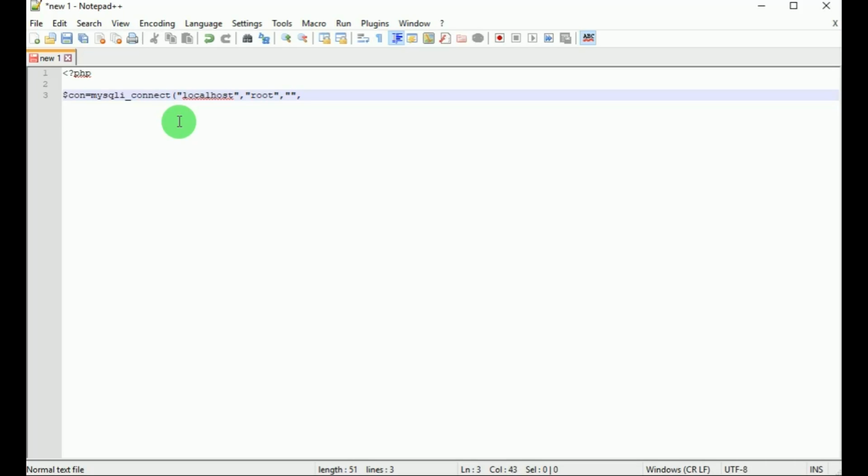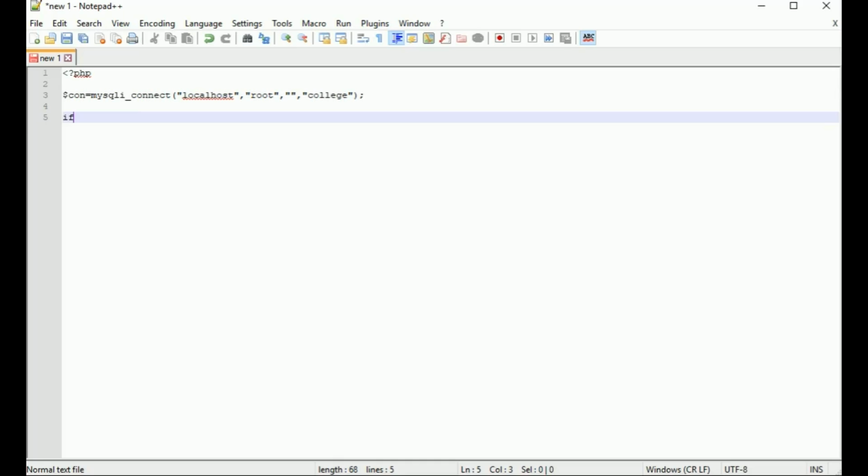This function includes many parameters, but here we use the most important parameters, that is the host name, username, password and database name. Here localhost is the host name, root is the username. We don't use any password here, and the database name is college.